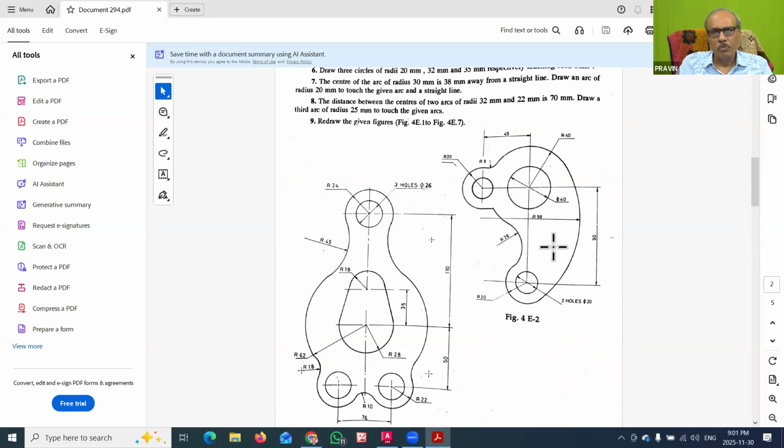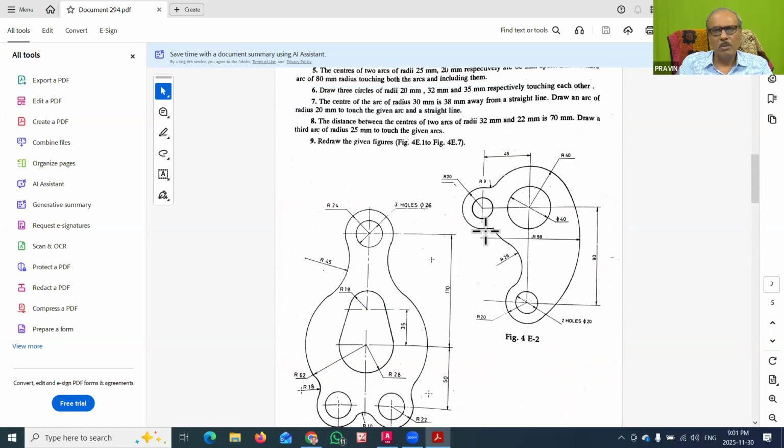Here the cam is there. This cam we will now try. For that purpose, just look at this drawing. Some dimensions are given. From this center to this center, the distance is given as 45. Then the inner circle radius is 40 here. This inner circle radius is 20. Then this outer is 40 radius. Then the outer edge of this part is 98 radius. The distance from this center to this center is 90. In this way we will try this drawing in AutoCAD.